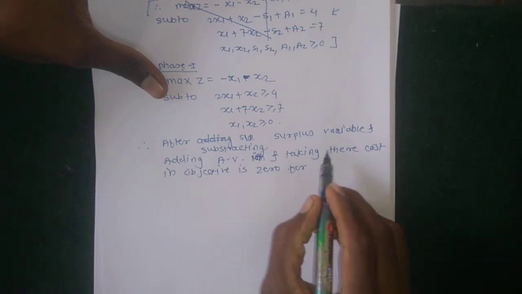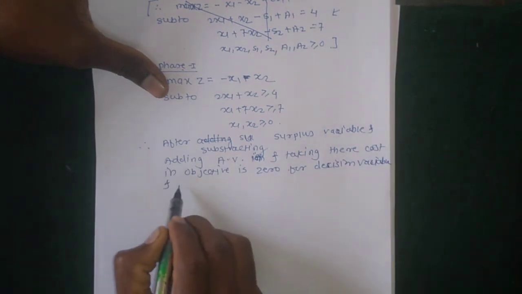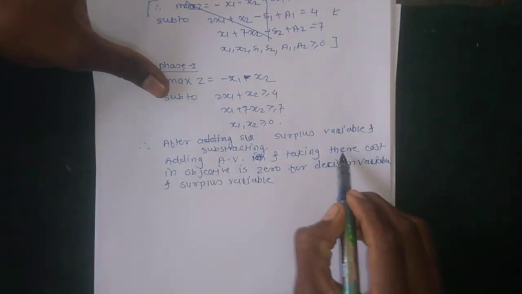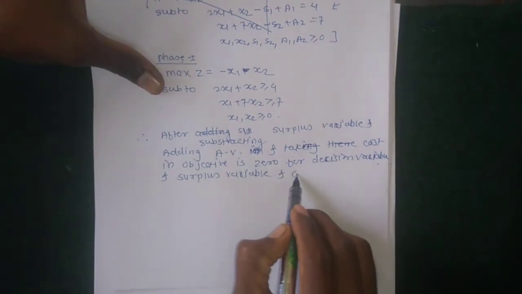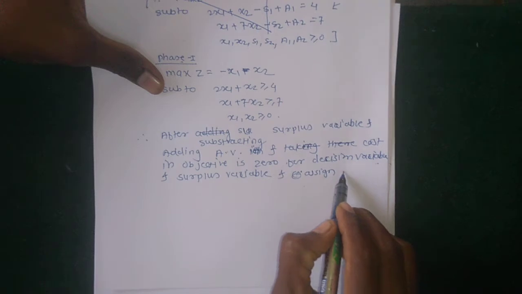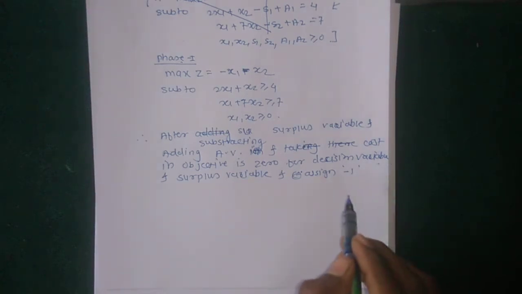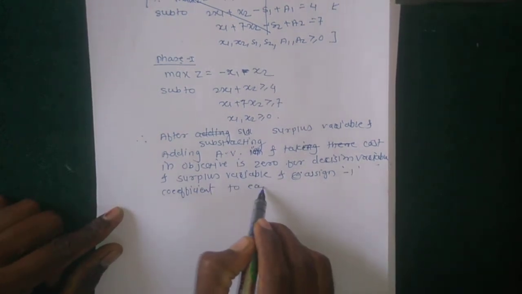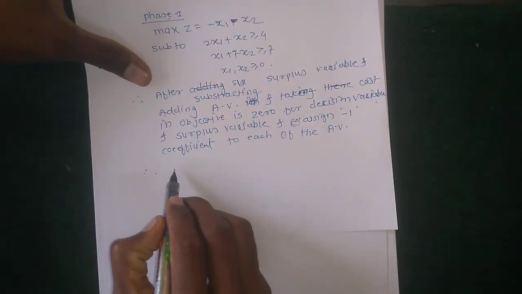for decision variables and surplus variables. Okay, the cost in the objective function is 0 for decision variables and surplus variables, and assign minus 1 coefficient to each of the artificial variables in the objective function. So therefore maximum z is equal